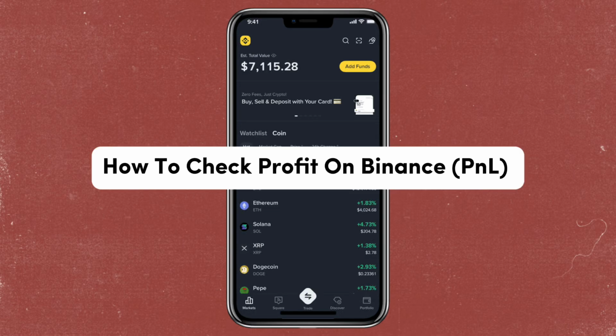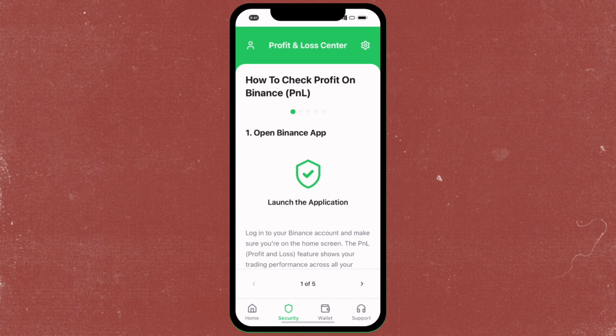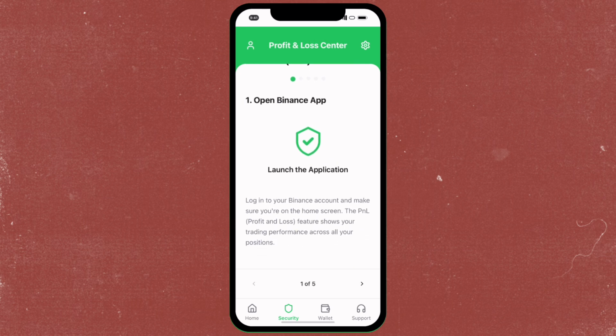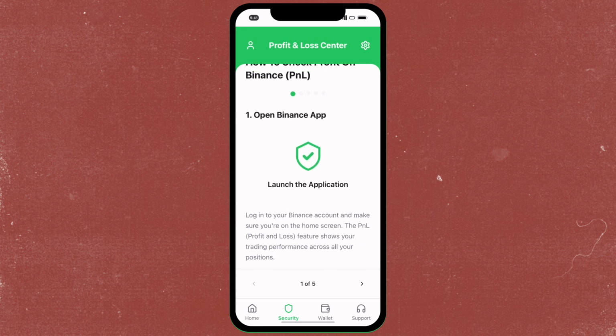In this video, I'm going to show you how to check profit on Binance PnL. So the first step that you have to do is launch the application. Log into your Binance account and make sure that you're on the home screen. So the PnL, profit and loss feature shows your trading performances across your